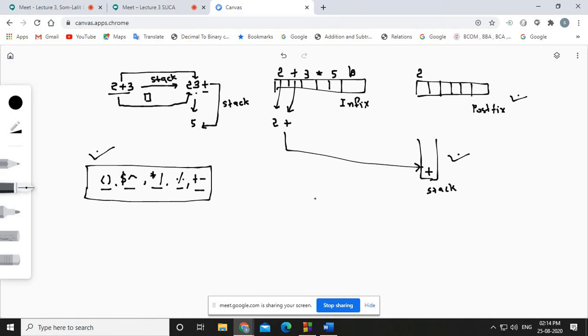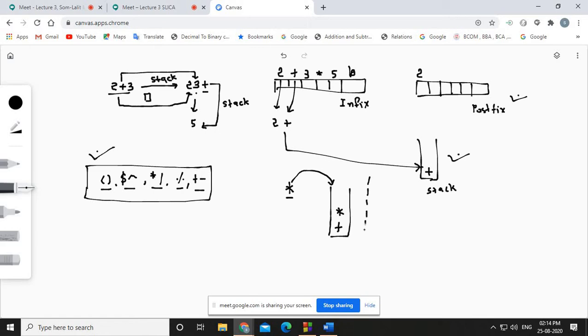Second is what? Whenever you are inserting an operator and the stack is not empty, for example the character scanned is a multiplication and the stack already has a plus, at that time what do you need to do? Here multiplication is there. You need to check the priority of multiplication and the priority of the plus sign. Here the plus sign has a lesser priority, so you just have to insert this into the stack. Okay, fine, I think this case is understood by the students.